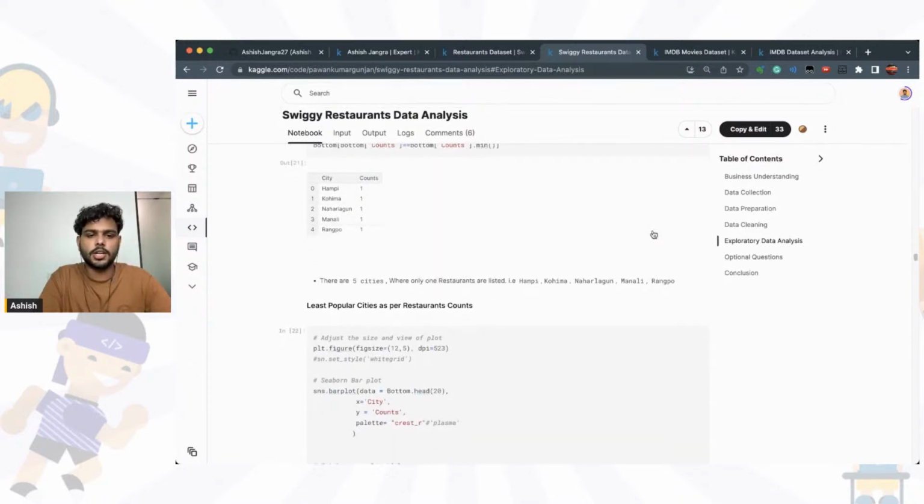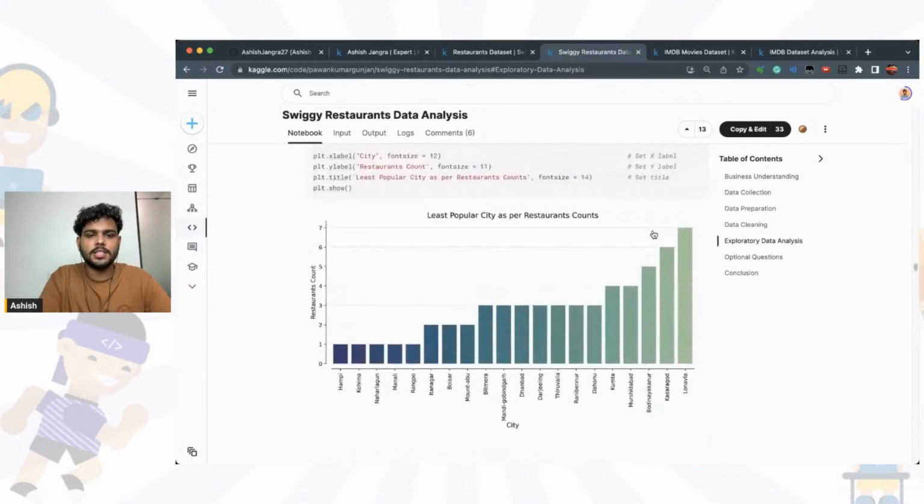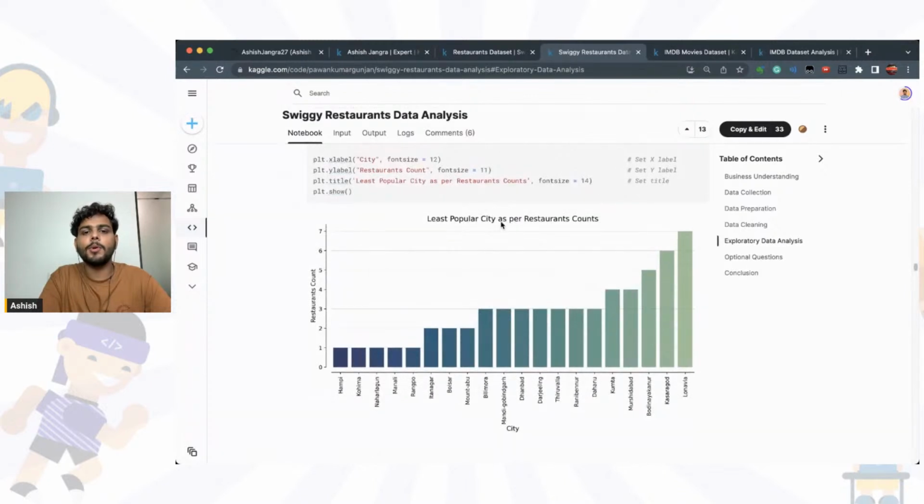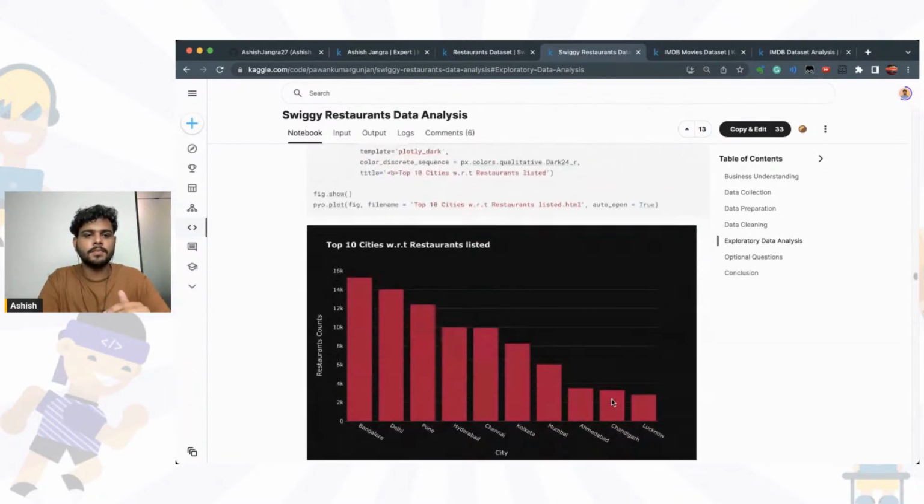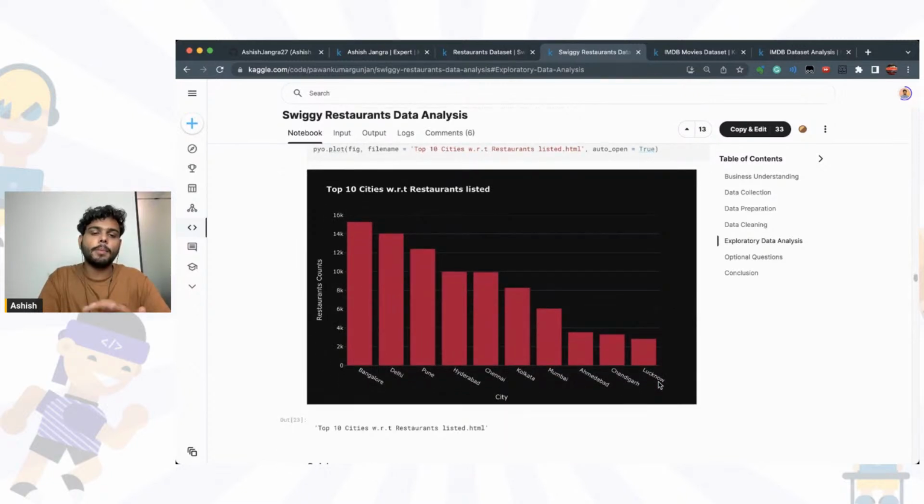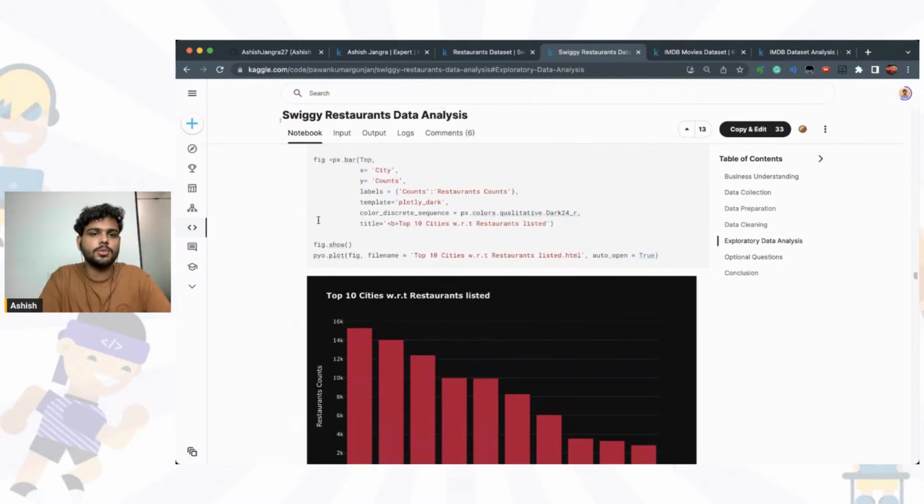we are making it in a donut chart. In the cities, here you can see some of the least popular cities in restaurant count, where we have the least number of restaurants. Hampi is there, and these are some of the lesser known cities. As you proceed further, here we have the top 10 cities with the most restaurants: Bangalore, Delhi, Pune. You can see these graphs are interactive as well, because he has used Plotly